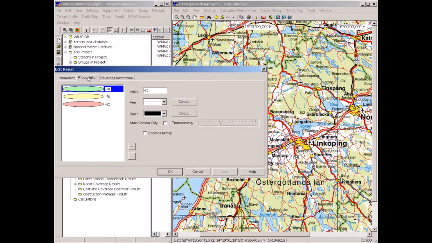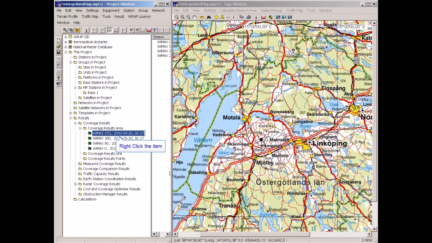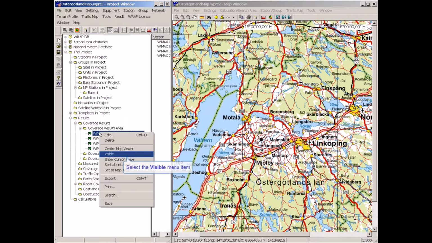Minus 82 dBm is the sensitivity of the receivers of this WiMAX system for about 12 megabit per second capacity on the individual link, and the other colors here represent higher signal levels, and it usually is necessary to plan for a higher level than the sensitivity level. So these represent 6 dB higher and 12 dB higher than sensitivity. The results can be shown individually in the map,